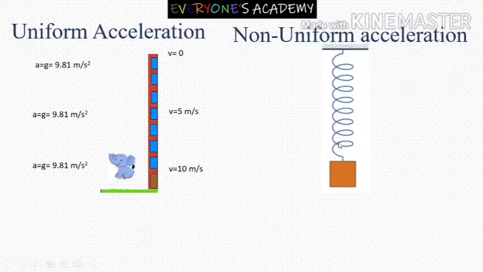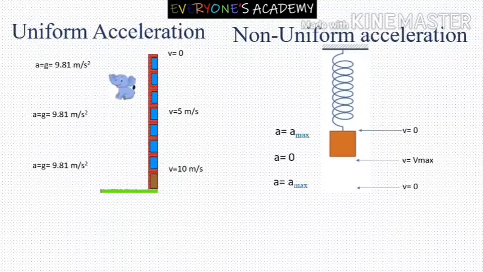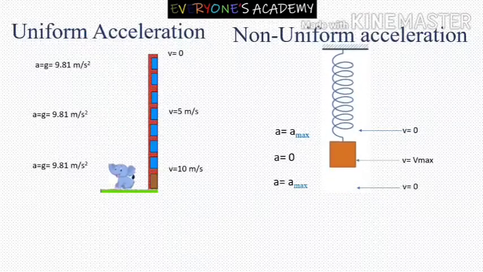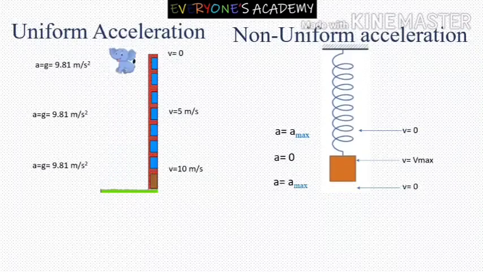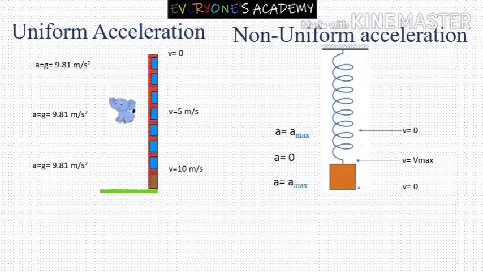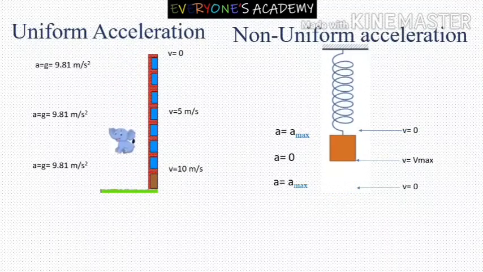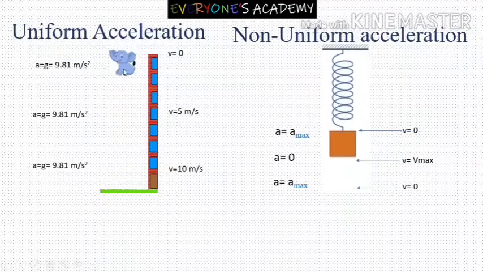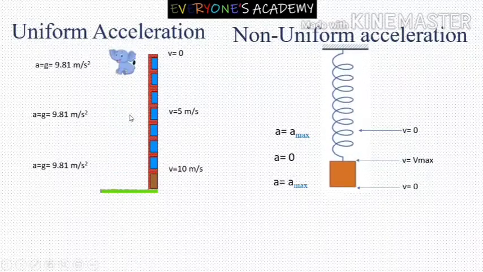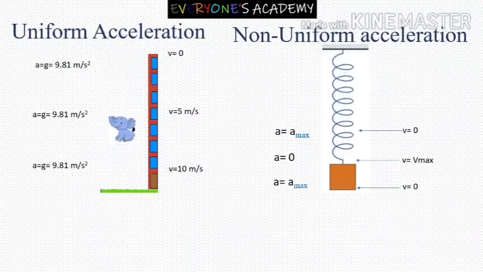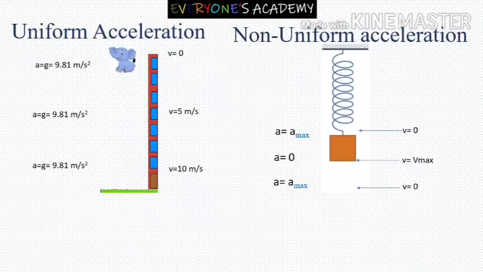In the second example, a box is attached with a spring and it is oscillating. Here you can see that velocity is varying and acceleration is also varying. That means this is not the case of uniform acceleration. Remember, in uniform acceleration, change in velocity is constant. And if speed is increasing, it will keep increasing. Here in this example, we can see speed is increasing and it will keep increasing until the moment acceleration is constant. And similarly, if speed is decreasing, it will keep decreasing.